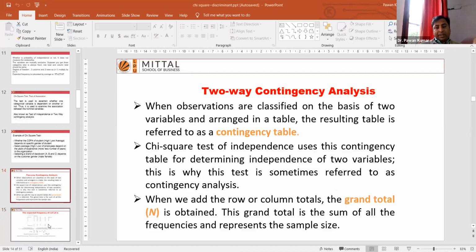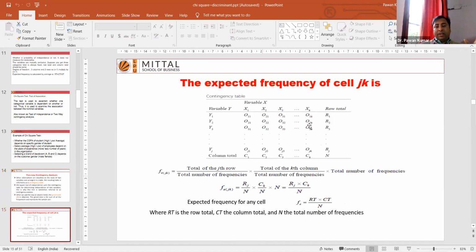Okay. Now I think these are sufficient examples so that you could understand the application of the chi-square test. And the chi-square test is also called two-way contingency analysis. Please note it down, it is also called two-way contingency analysis, because we have certain rows and columns, the problem is in the form of rows and columns, and from these we are going to calculate